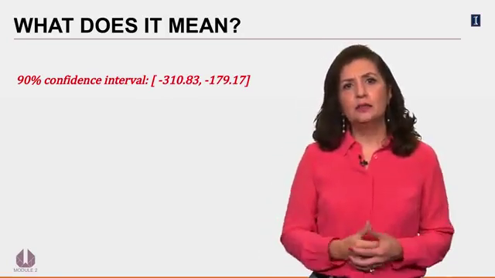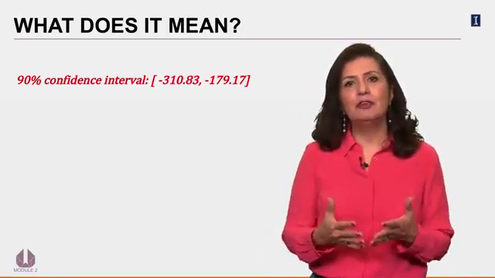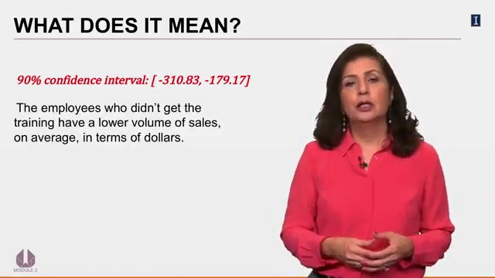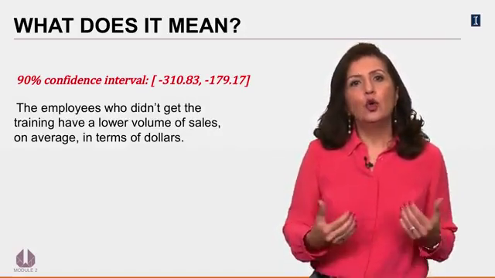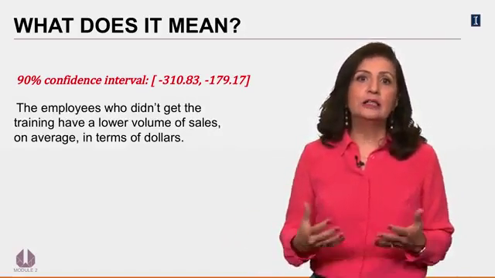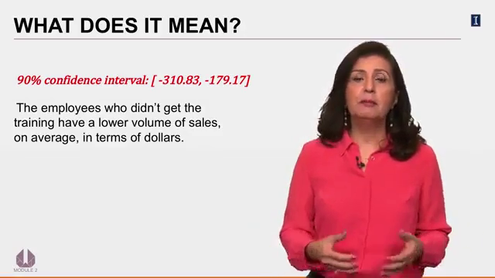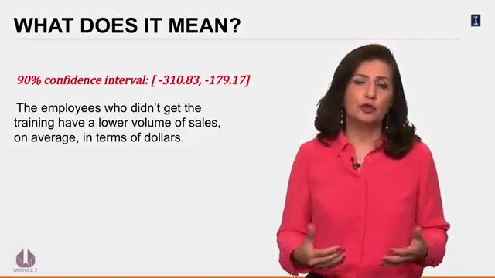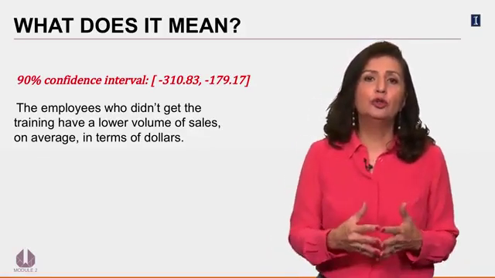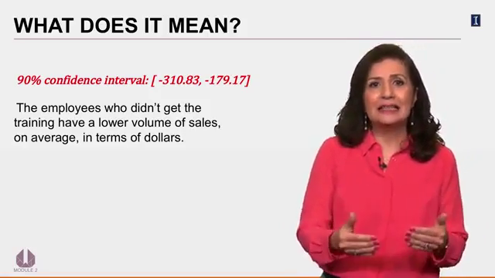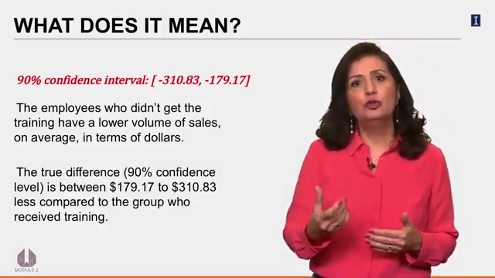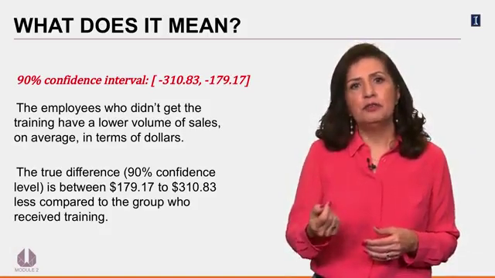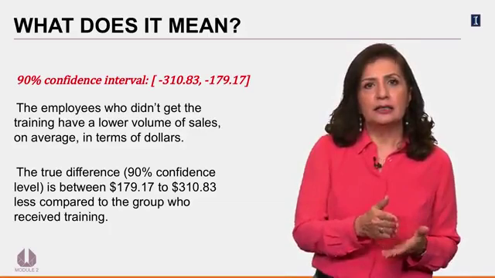So what exactly does this mean? Recall that this is the average differences between the first group, our control group, and the trained group. The control group on average had lower sales than the trained group. That's why we are considering doing the training. But the management wanted to have a sense of what the difference can be before committing any resources to this. In this case, the control group average sales is less than the trained group. And the true value with a 90% level of confidence is somewhere between $179.17 to